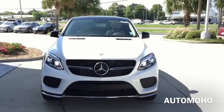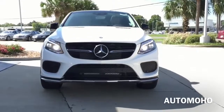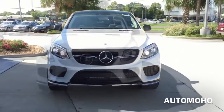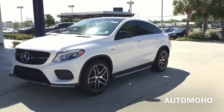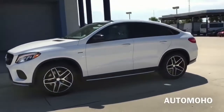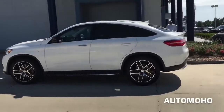The Mercedes-Benz GLE class is a mid-size luxury SUV manufactured by the German automaker Mercedes-Benz. It was first introduced back in April 2015 at the New York International Auto Show. The newly adopted GLE class was built to replace the formerly well-known ML class, and better yet, it comes in two different flavors. The standard SUV style GLE, which is a newly refreshed mid-cycle of the ML class, and the